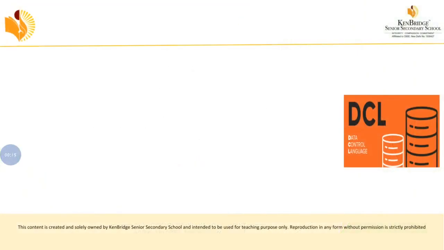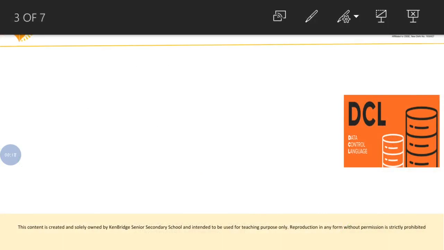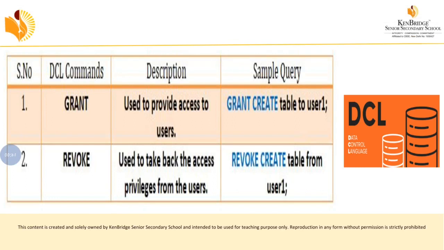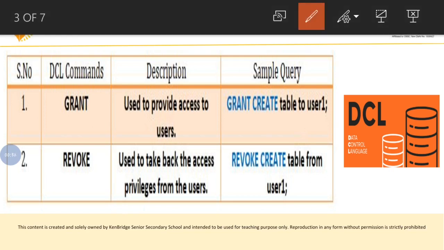DCL. What is the abbreviation for DCL? Data Control Language. So what are the commands available in this DCL? There are only two commands available in DCL, that is grant and revoke. So grant, what is the meaning of grant? It is used to provide access to the user. Okay, so it will provide the access to the user, and revoke is used to take back the access privileges